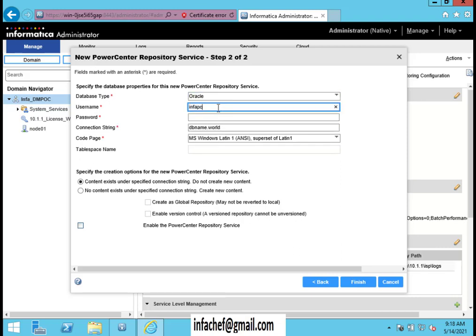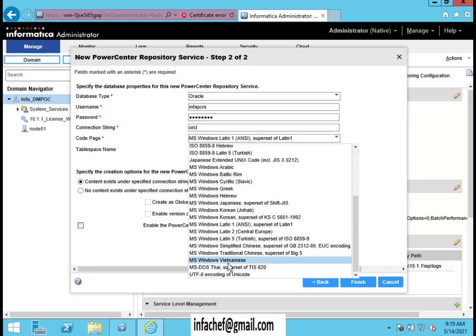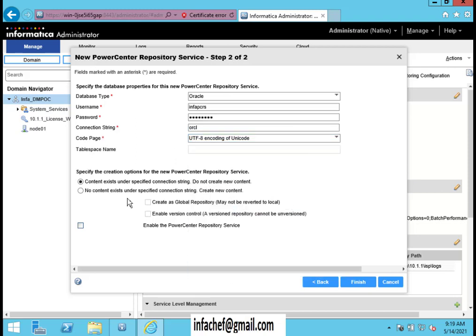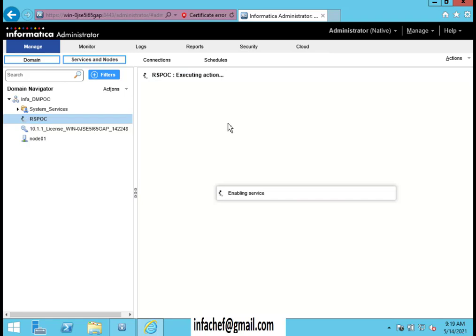Info PC RS is the user and the password is the same, and the connection string is for Oracle, and I can use UTF-8, and no content exists, and I want to enable the versioning repository, and it is enabling the repository service by default. So I'm clicking these values and I'm giving finish. So it will create this service.